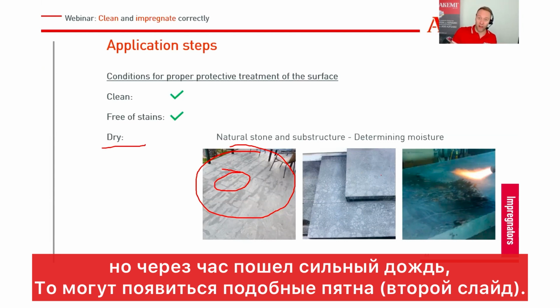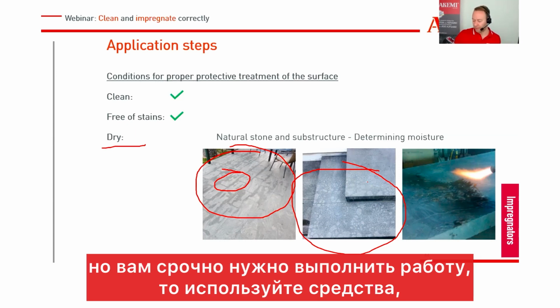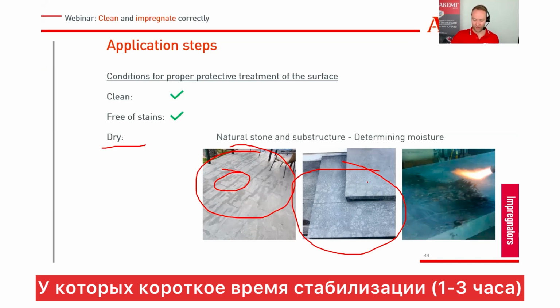And maybe the stone was dry before you applied the impregnation, but then after maybe 1 hour, there was a heavy rain, and then the impregnation was not cured correctly and properly, and then you have this type of stainings. So always have the weather forecast in mind when you do an outside application. If you know, I have to use an impregnation this morning on the stairways or the terrace, I cannot go another day because I'm in the area only once a week or so, and I know in the afternoon there will be maybe some rain,